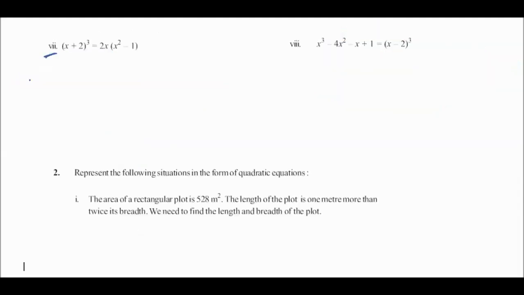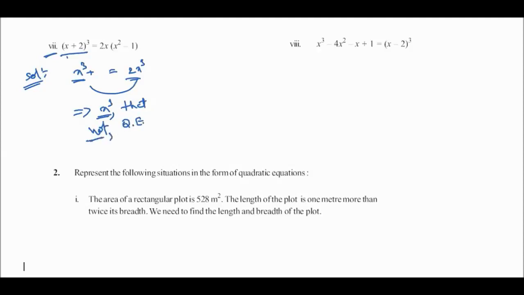Okay, here seventh one, solution. So first x plus 3 whole cube, it is in the form of cubes, it will come x cube like this, so it will also come here 2x cube like this, so it will come in the cube formula, na? So it has cube forms, so that is why it is not a quadratic equation, because a quadratic equation will not be in the cube form. Okay, so the equation has cubes, like this, x cube like this.